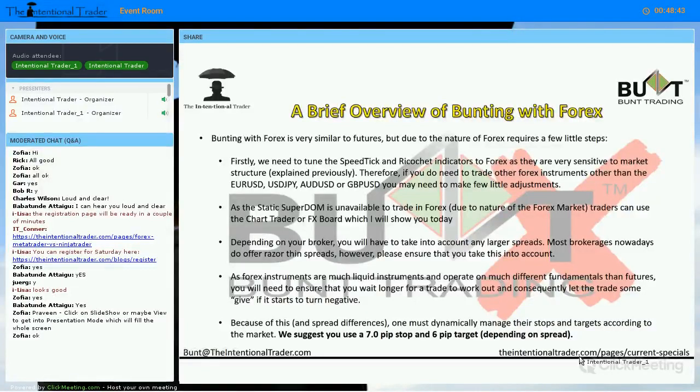we usually trade with a 7 tick stop in futures, but in forex it's the same thing, just different words. So a 7 pip stop and a 6 pip target is what we use for forex. Instead of using a 5 target, we use a 6 because we have to account for the spread. And not only that,